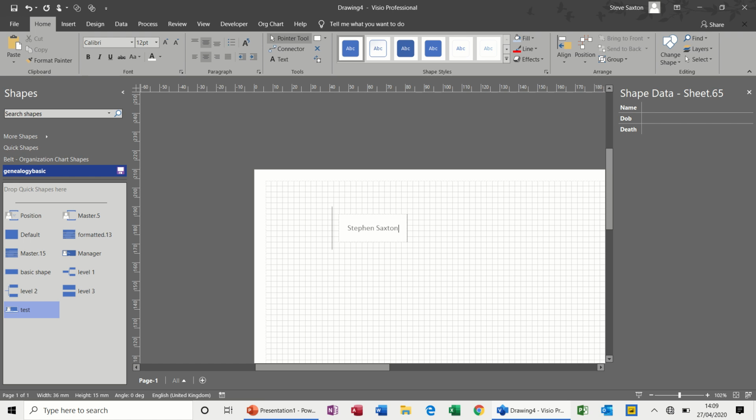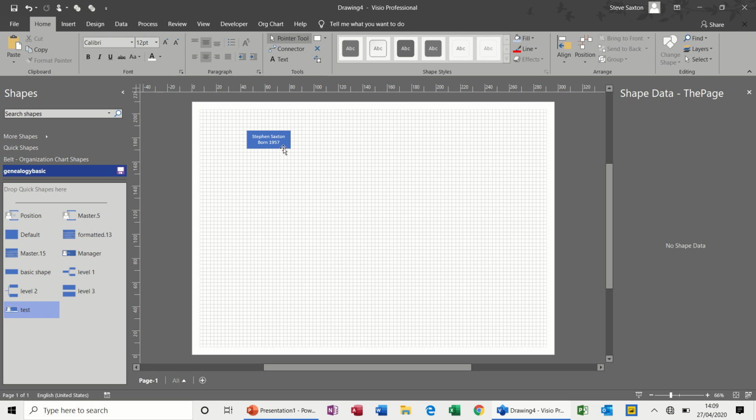So Stephen Saxton, and then I can put this date on here as well, born 1957. I haven't died yet, so I'll just create that like that. So there's your first shape. Now if I add this shape into my stencil now, even though it's got that stuff on there,